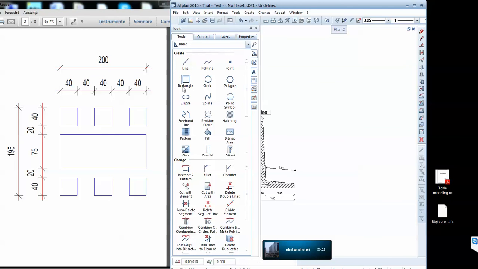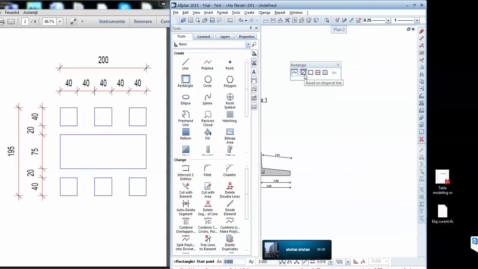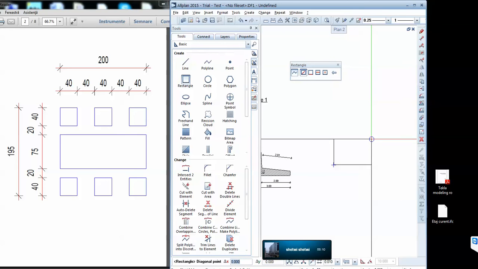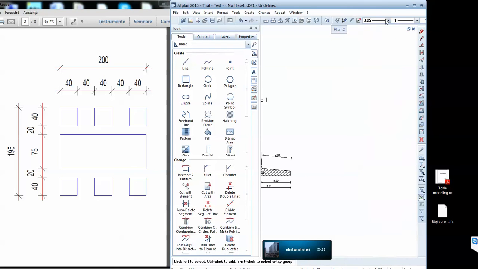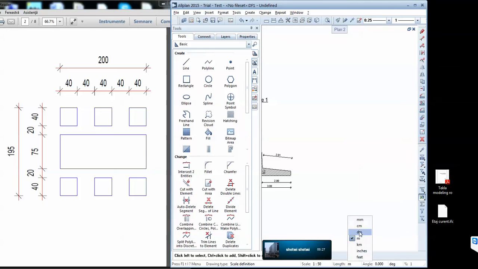We'll do the first way here in order to accomplish this simple exercise. I'll say based on diagonal line. I just click somewhere, the first point, and then I'll go diagonally. I have delta x, which in this case here these are distances in centimeters. I can also work in centimeters if it's easier for me. I can say here centimeters and it won't matter